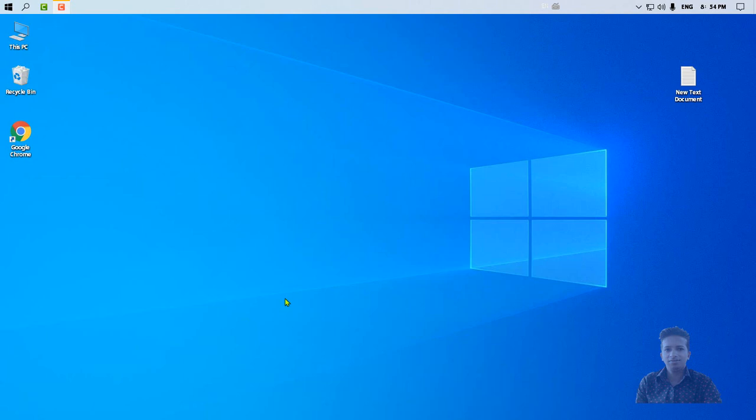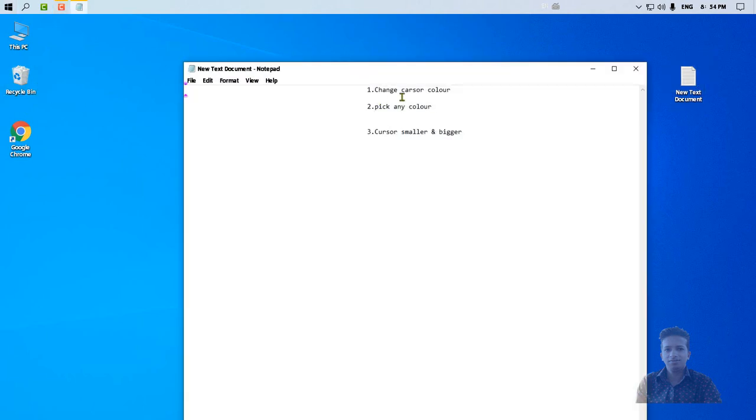Hello viewers, in this video I will show how to change your cursor color, and make it smaller or bigger. So we can see the plan and how it works. First, change the cursor color. So I can change